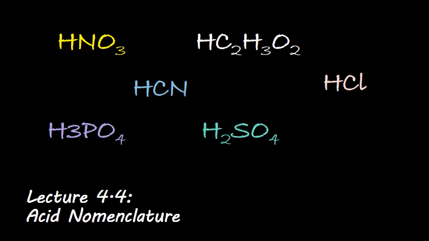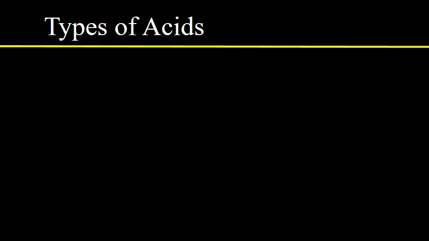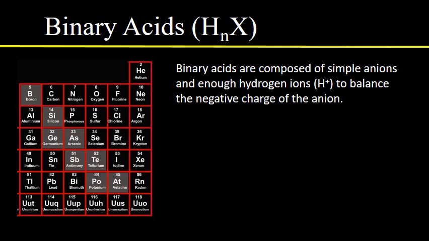All right, let's look at nomenclature of acids. In order to name acids, we have to be able to recognize them, and there are two principal types of acids. One is binary acids, and so we'll look at those, and the other are oxyacids. Now, binary acids